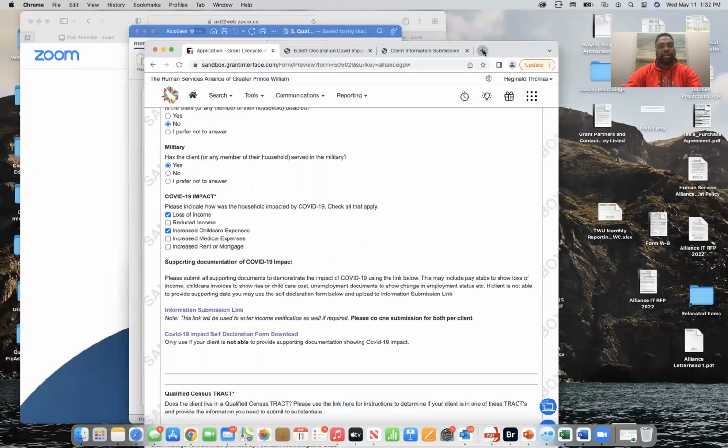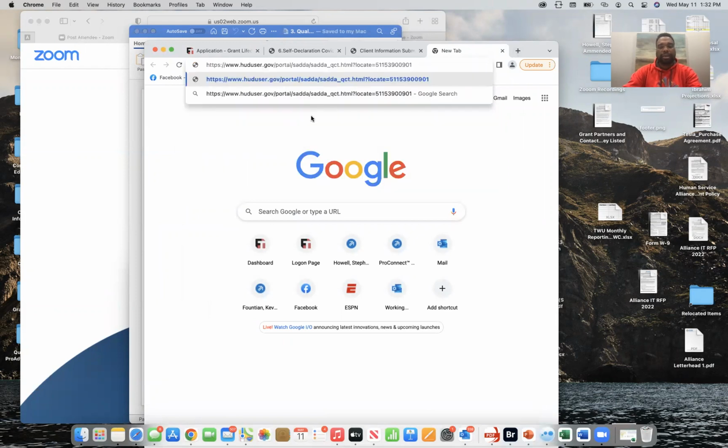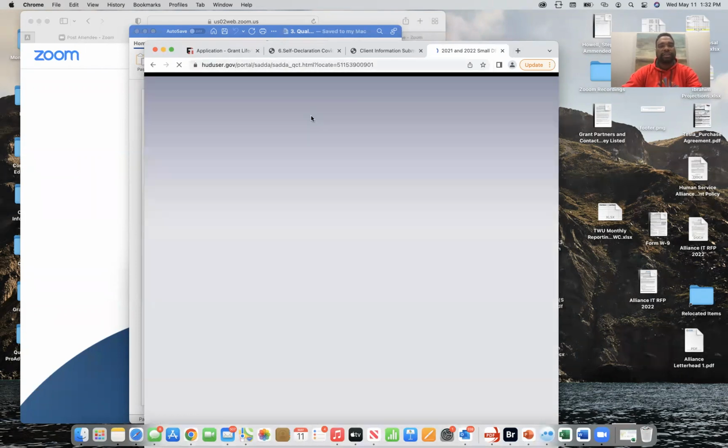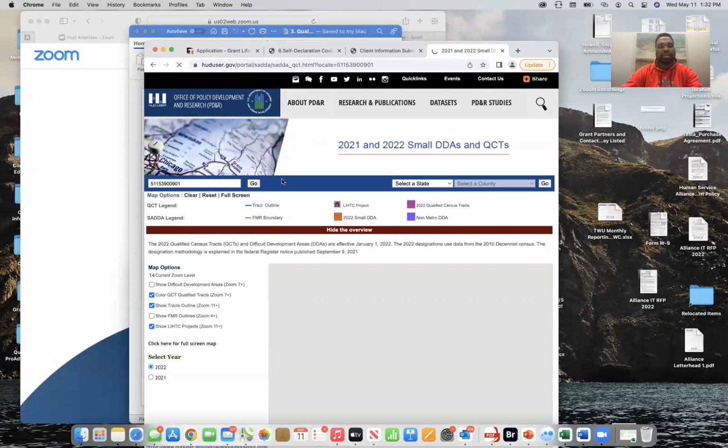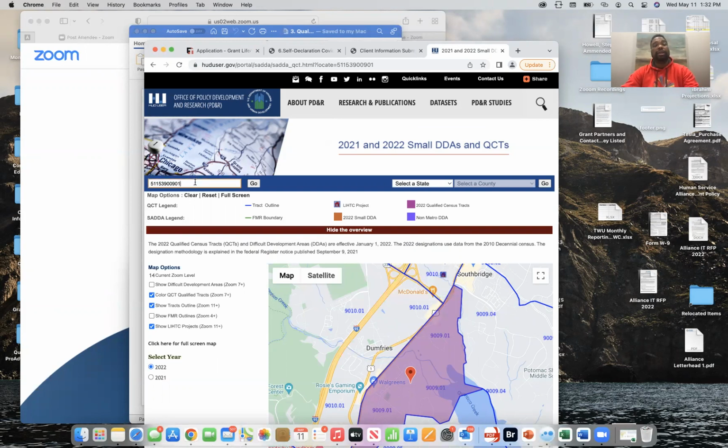Where's that? So there we go. Sorry, we had to minimize that because it was not letting me select stuff. So this is where the URL is going to take you. Perfect. So what you're going to do with this, you can enter, and let's say